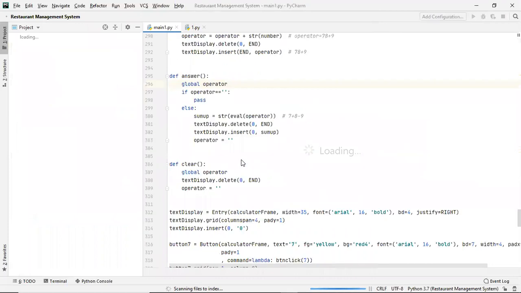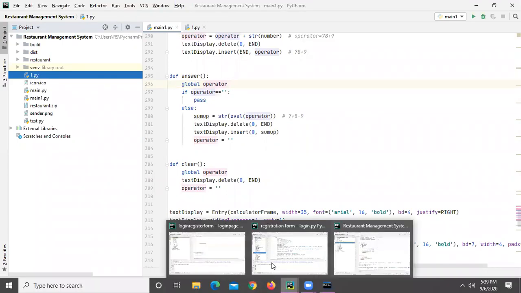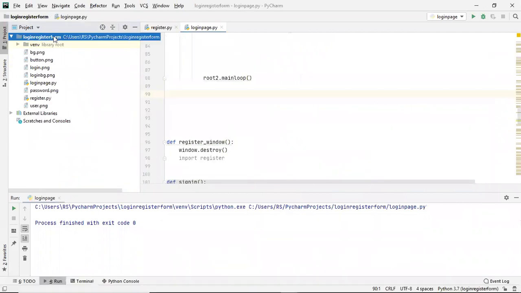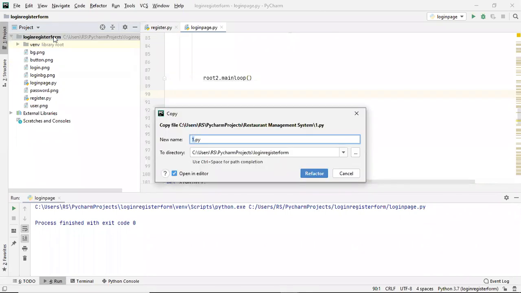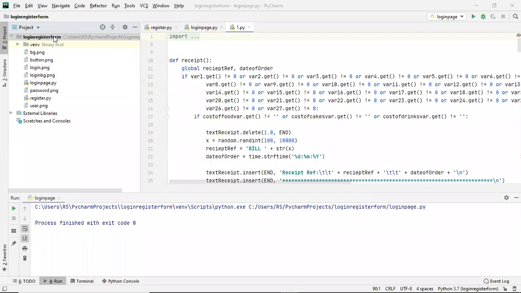I'll simply copy a file here, this 1.py. Control C, copied. Then I'm going to paste it inside here, 1.py, and enter. So I got this 1.py file.